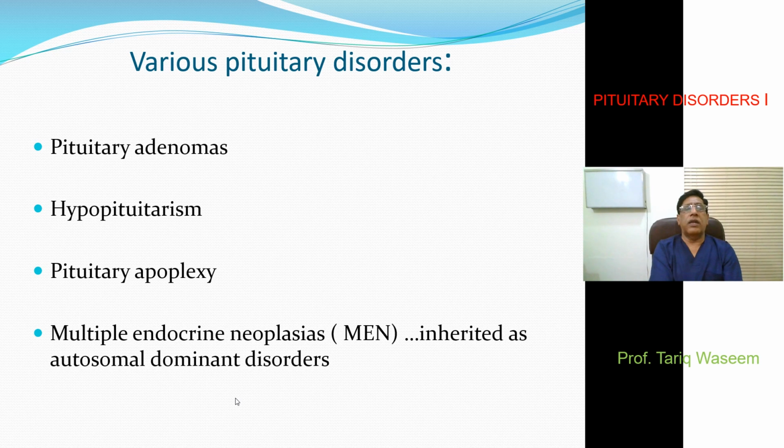Then the pituitary can undergo, say, necrosis, can be affected by autoimmune disorders, or can be affected by glandular disorders, leading to a decrease in function or production of hormones from the anterior pituitary, and this would lead on to hypopituitarism. Sometimes the pituitary can undergo acute necrosis as a result of severe hemorrhage into the gland, or in sepsis and so on. And this acute loss of hormone production by the pituitary is called pituitary apoplexy.